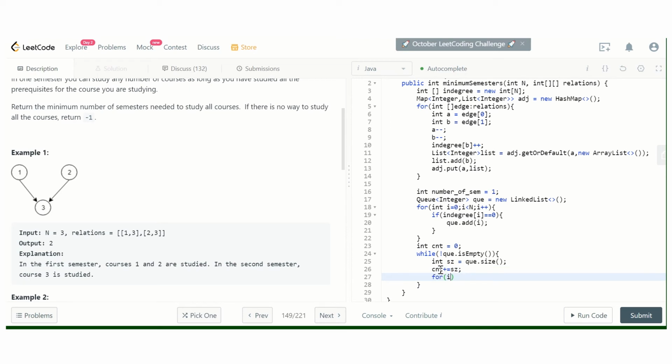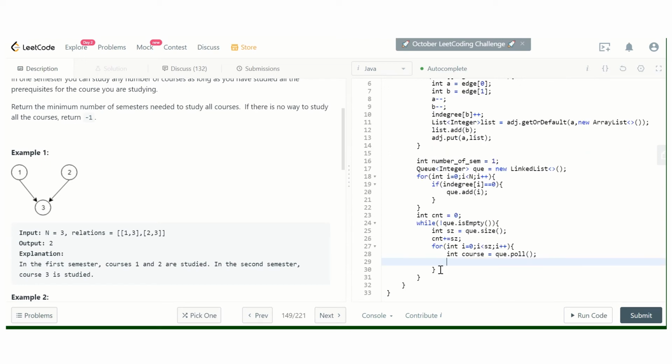And so we will decrement the count of in degree for all those courses for which the current course is prerequisite.